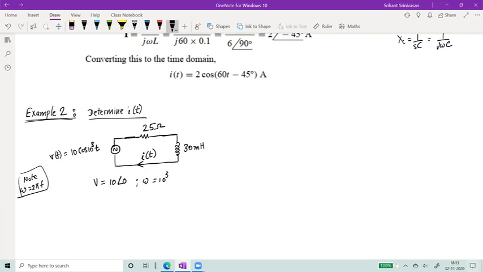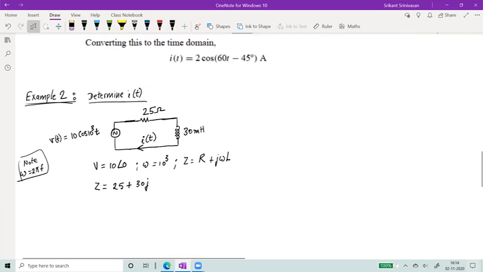So I said this, and then what is the impedance of the circuit? It is Z is equal to 25 plus j omega L, right? 25 for the resistor. So let me write it as R plus j omega L, just to be consistent. So Z is equal to 25 plus, omega is 1000 and L is 30 millihenries. So milli and 1000 will cancel out. So you're left with 30j. Okay, this is the impedance.